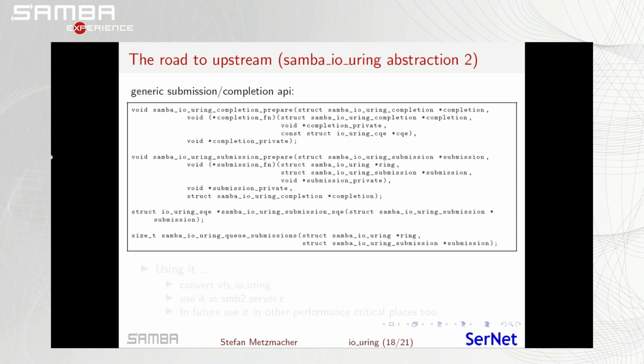So in order to work with this, we have two types: a completion abstraction and a submission abstraction, and these are filled with callback functions. The completion function is called when the completion arrives. The submission function is there to notify when we submit the request to the kernel. So below we have the queue submission function, which queues the request, the submission, into the queue,